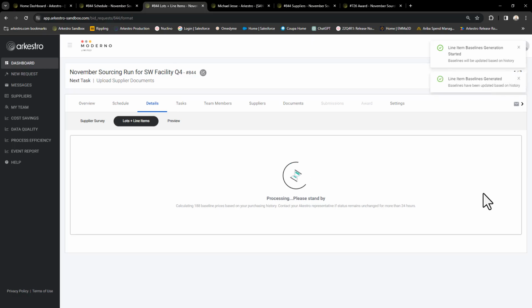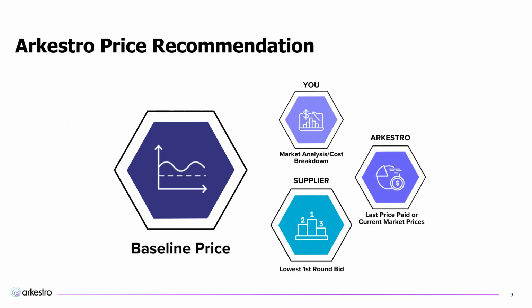Now, where it gets tricky is if you've never bought something before, or perhaps there is just no frame of reference for it because it might be complex, or if you have bought it before and that was so long ago that given historical market trends, inflation has made that last price irrelevant, well, you can defer to the supplier for that baseline price. So we would invite them to participate in a bid submission to where their first round bid will be within a pool of other bidders where the lowest bid would then become a baseline price.